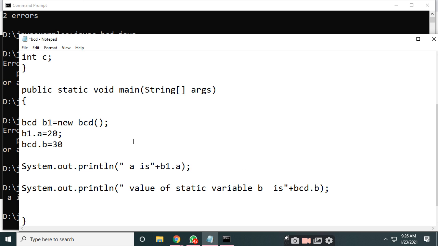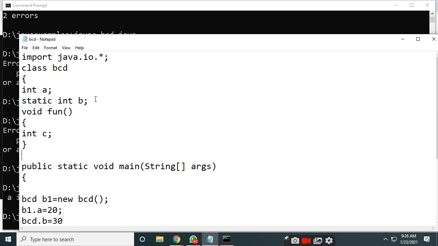So a static variable can be accessed by the name of the class and the variable name. So here b is defined to be static.